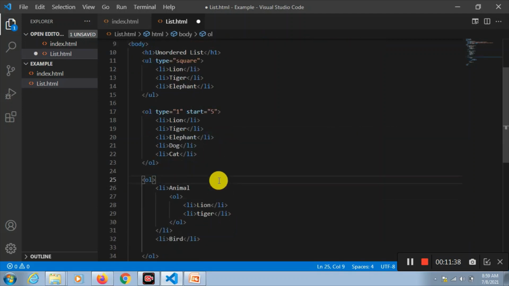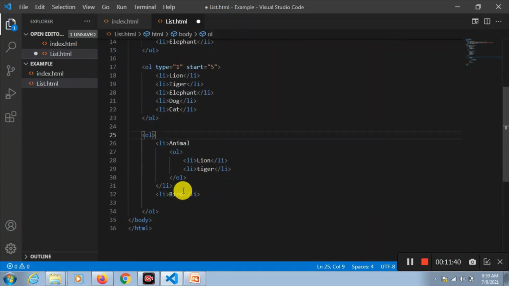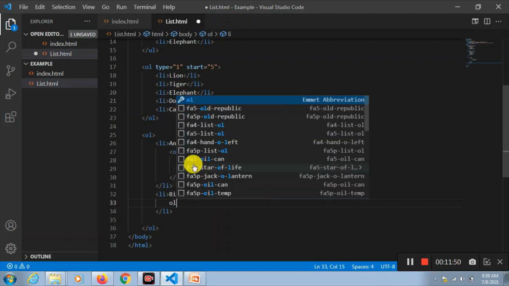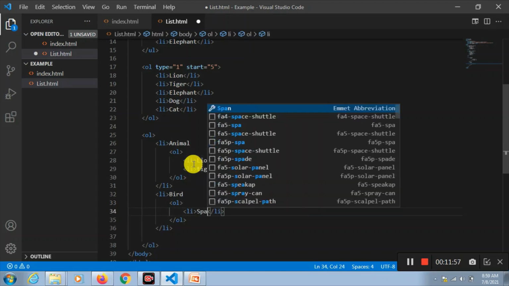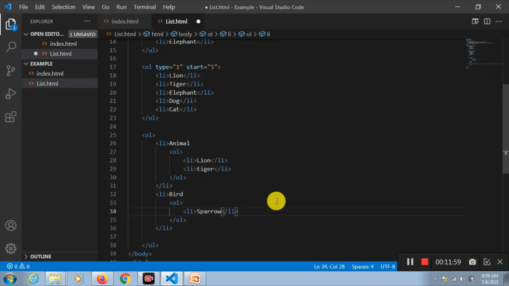Here also if you want, you can make one more list. Now let's see.